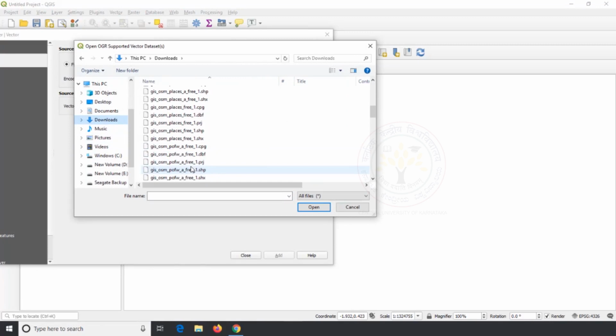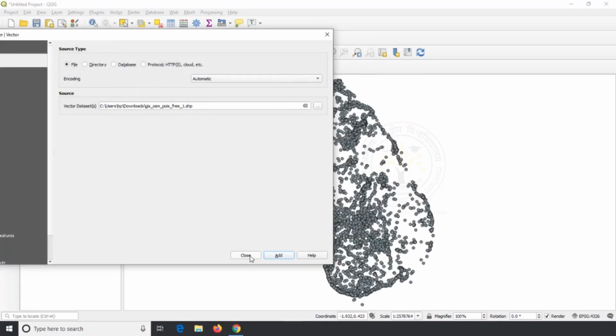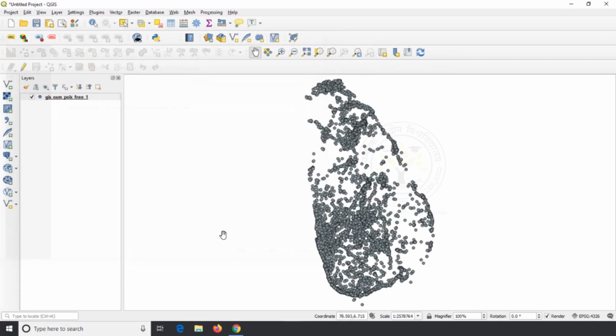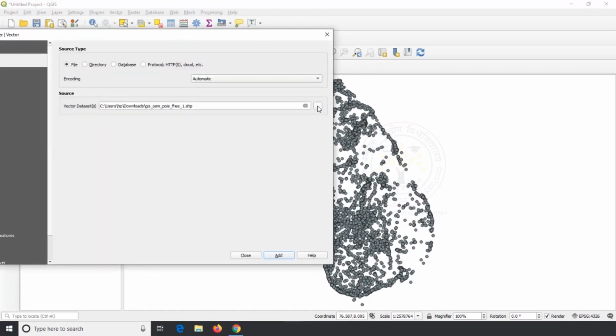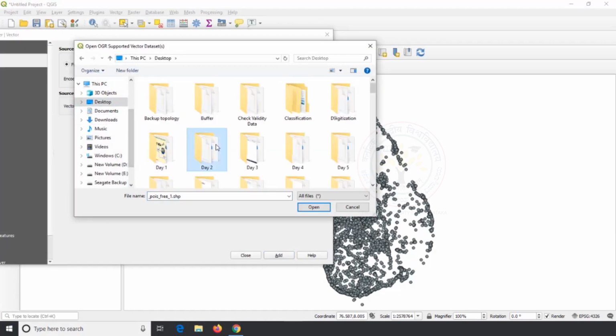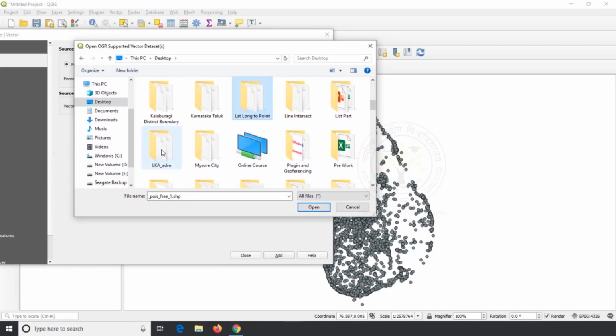For this exercise, I am going to use GIS OSM POIS free shape file which was downloaded from Geofabrik website and LKA admin 1 boundary that was downloaded from DIVA-GIS.